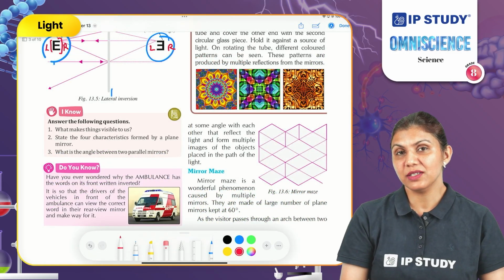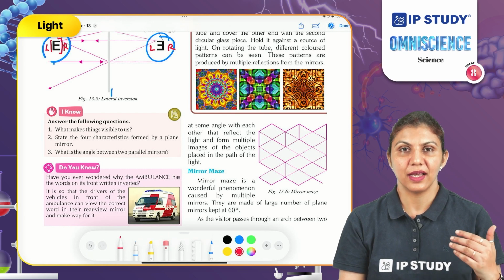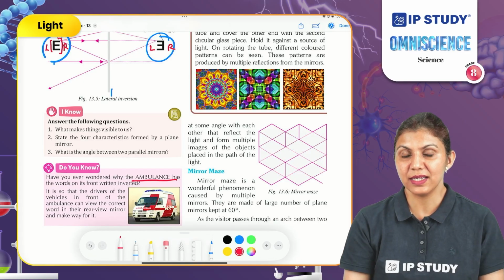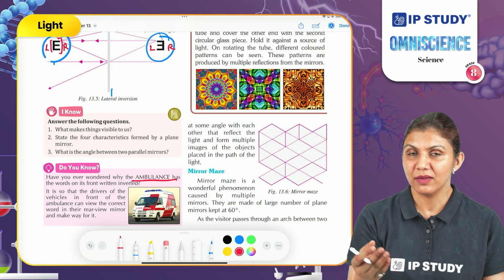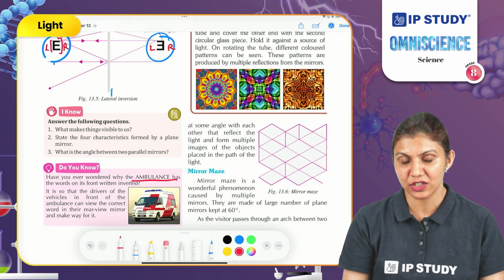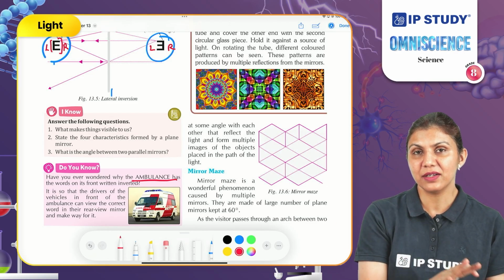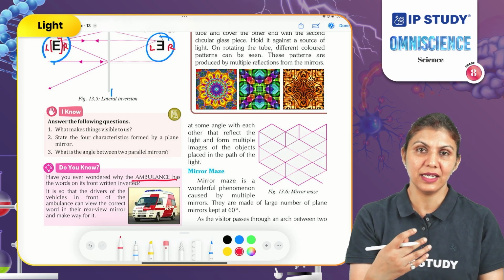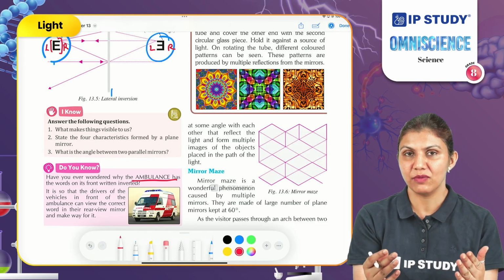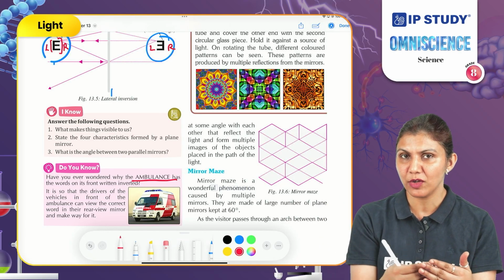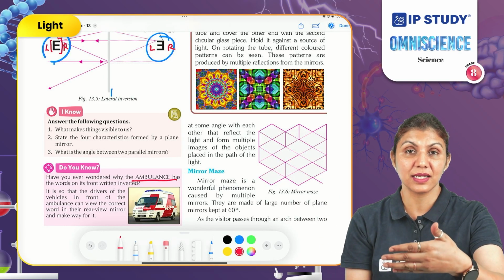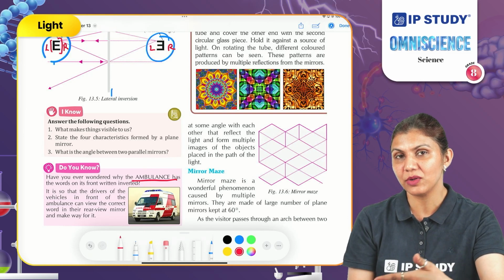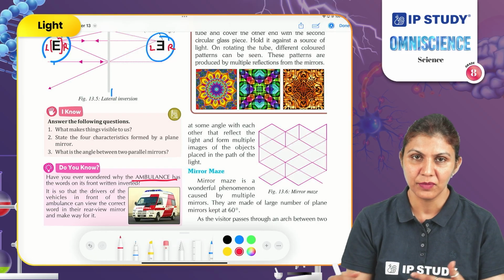The lateral inversion is useful here to write certain messages. For example, the word ambulance is written on the hospital vehicles which are used as the emergency vehicle in laterally inverted state. It means this is written inverted, so that when you are traveling in a vehicle and the ambulance is coming from your back side, you can see its laterally inverted image in your mirror, and you can read it correctly and you can give it the way so that it can move forward easily.